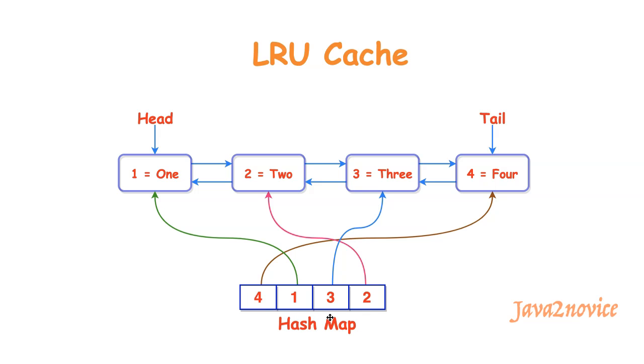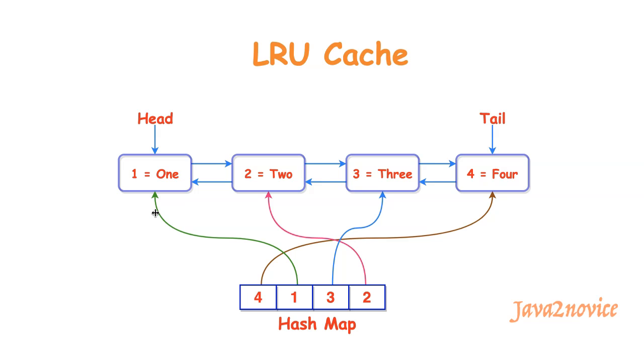Hash map will hold the keys and values as address of the nodes of the doubly linked list, and doubly linked list node will hold both key value pair, or you can just store values alone. Either way is fine. As we have to keep track of least recently used entries, we will remove elements from the bottom or tail of the linked list and add new elements only on the start of the linked list. I mean, it must be a head node.